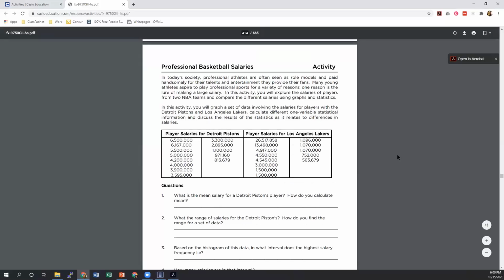So you can definitely do a spin on this activity. This activity compares basketball salaries for two different teams. So one thing you can do is have them research their own personal favorite team, or we can take a look at the most recent winners, which also happens to be the Los Angeles Lakers that won the recent NBA finals.